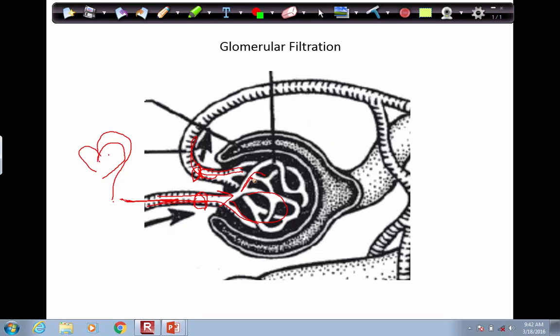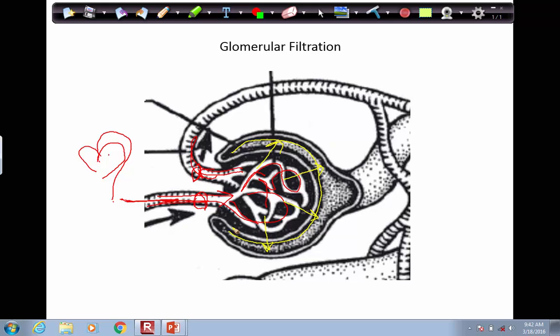This creates very high pressure in this knot of capillaries, and the pressure in fact is so high that substances flow out of these capillaries and into the glomerular capsule. So the pressure is so high it forces small molecules to leave the blood and enter into this first tubule